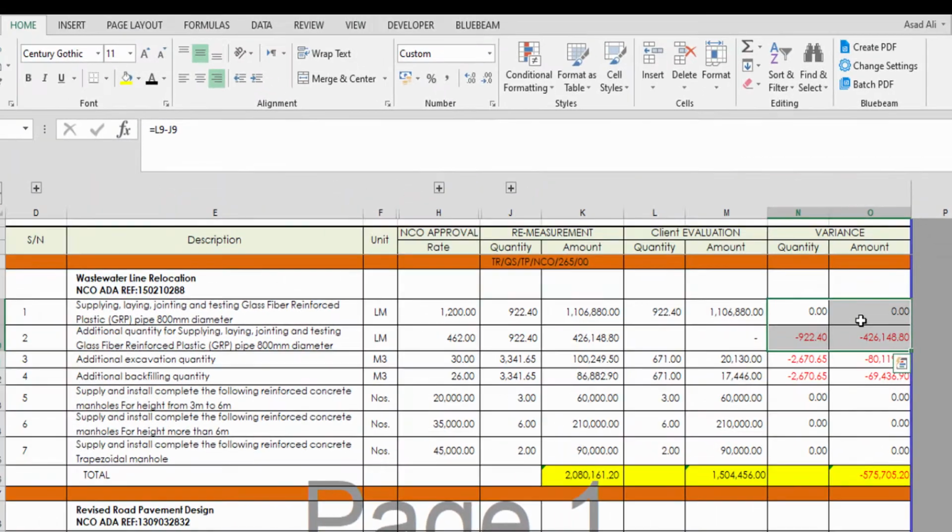So here you should very quickly know what happened to this variation: the amount we have claimed and the amount we are getting are the same. If it is the same, that's good. If it is less, we need to trace the reason why the amount was deducted. So again there is a debate, if there is a logical mistake made by the evaluator.